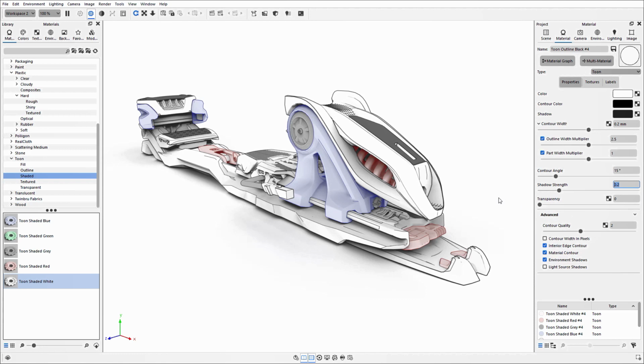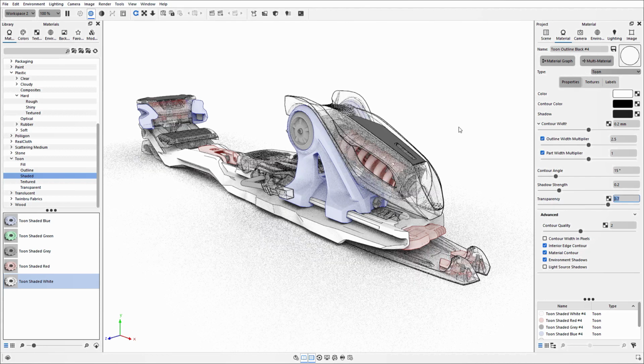Next one down we've got is the transparency option. So if any of your parts are exterior casing and you need to show what's inside, or there may be hiding parts of a mechanism that you want to be able to showcase, you can increase this transparency value. The transparency only affects the solid colour of the Toon material. It does not affect the line work, so you'll still be able to see those sharp, crisp lines around the